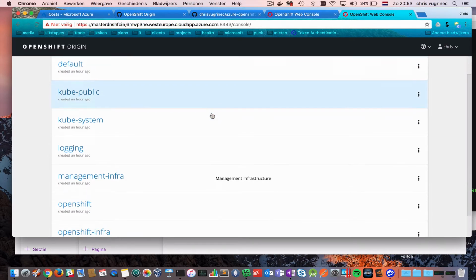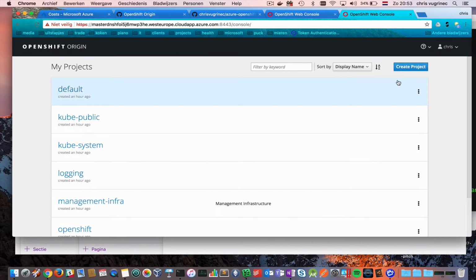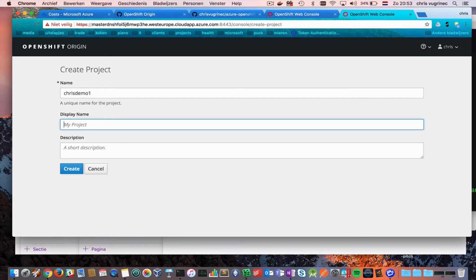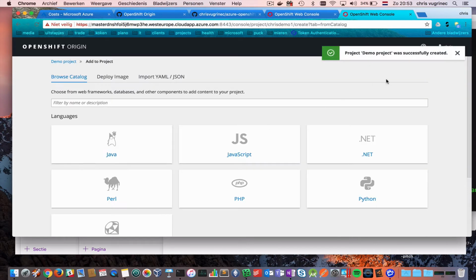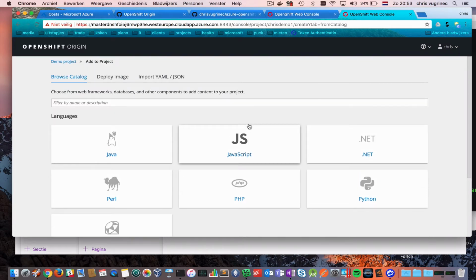So that's nice. So in Openshift, a project is a synonym to a namespace in Kubernetes. So we're going to create a new namespace or a project here, and I'm calling it Chris1, Chris Demo 1. Demo projects. That's Chris Demo 1. And in this demo, I will deploy my Flask application, and this Flask application will use